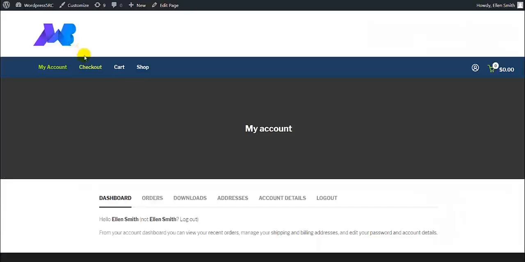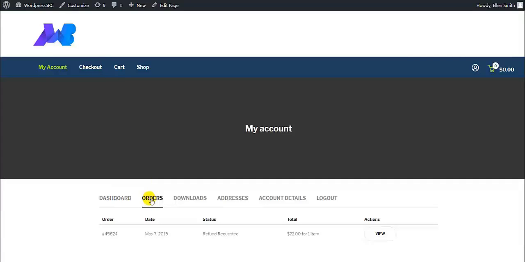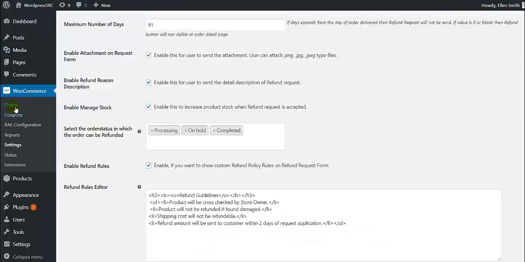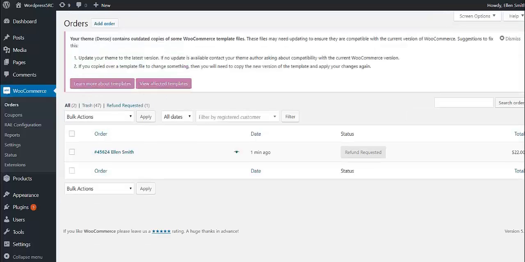And if I click on orders and check its details, so here the status is refund requested, as you can see. And now we will move to the orders section of the dashboard. Click on orders. So here is the order, and as you can see that the status is refund requested. Then what we will do, we will click on this order,